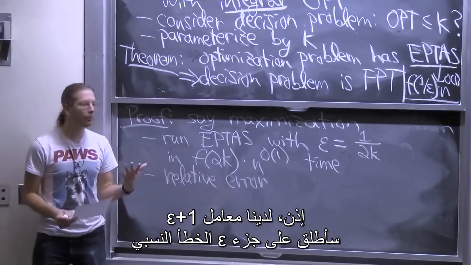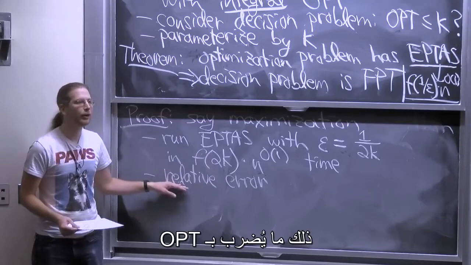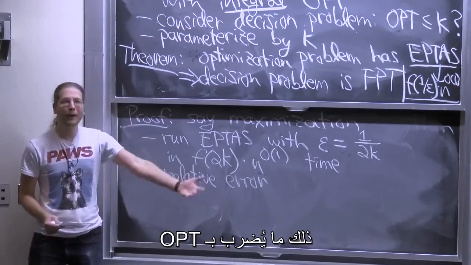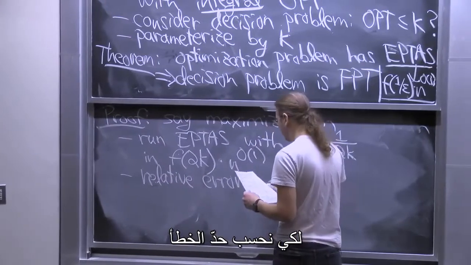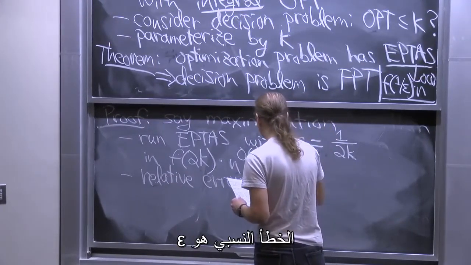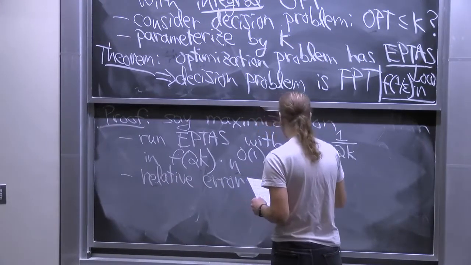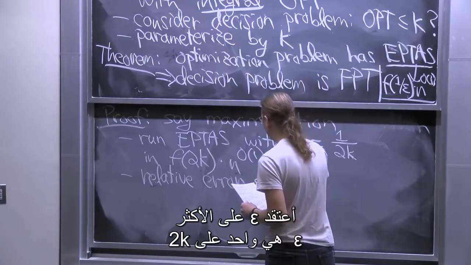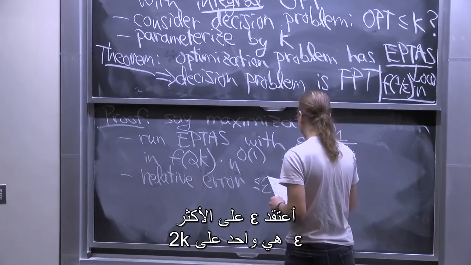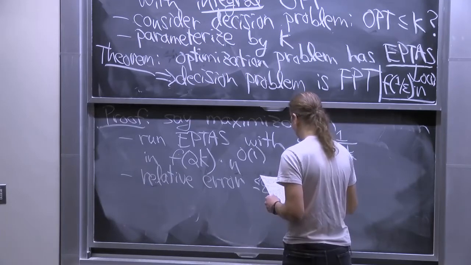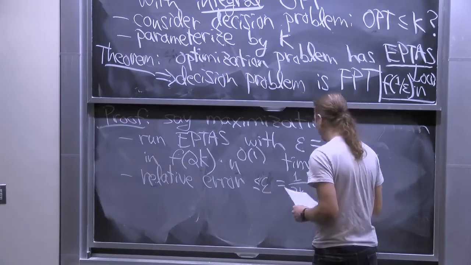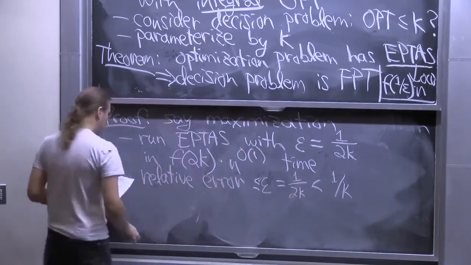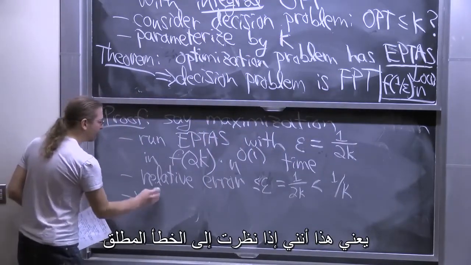I'm going to call the epsilon part relative error. That's how much it gets multiplied by opt in order to compute the error bound. So the relative error is epsilon. Epsilon is 1 over 2k, and all I'm going to need is that this is strictly less than 1 over k. So this means if I look at absolute error,